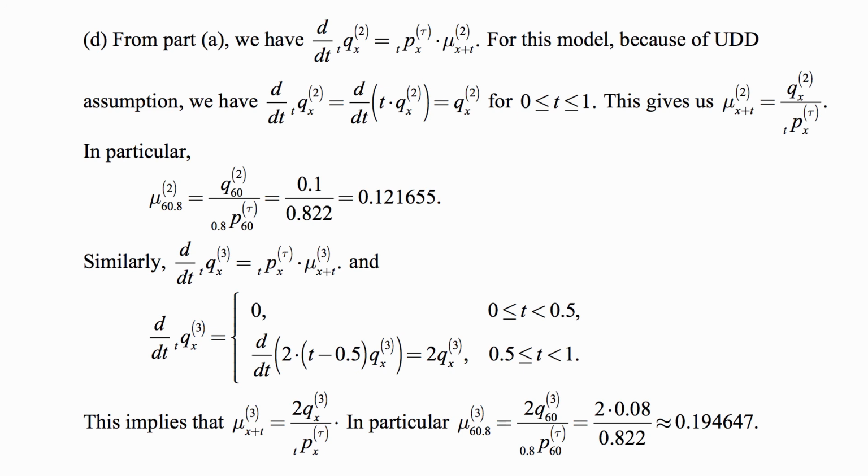Well, this implies that mu 3 is 2qx3 over tpx tau. In particular, mu at 60.8 is 2q63 over 0.8 p60 tau, and we have those numbers. We plug them in, and we get the ratio to be